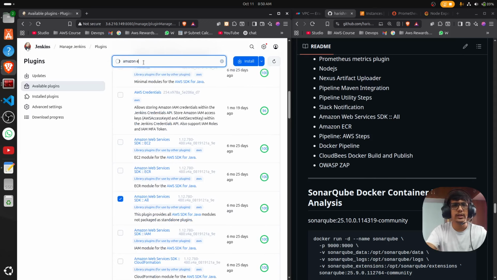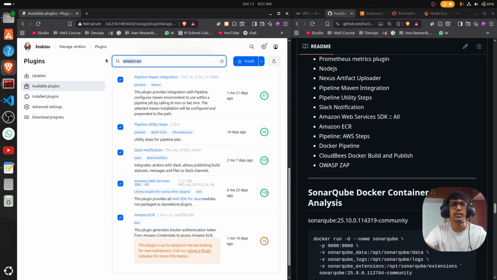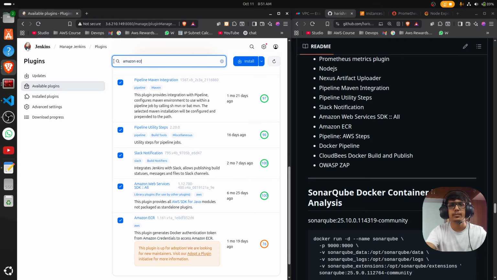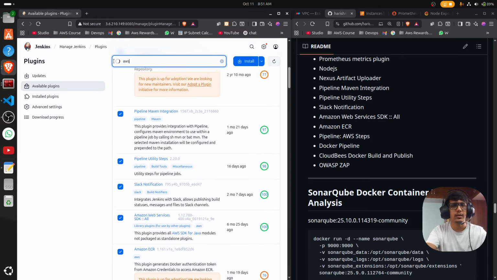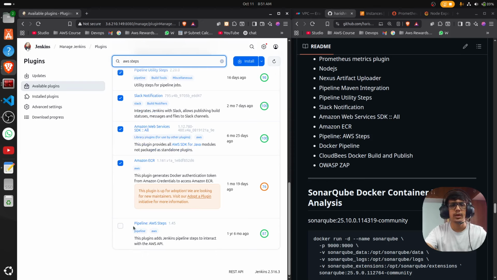So again ECR, we have to select this one, Amazon ECR plugin, and the AWS Steps, yeah, Pipeline AWS Steps,